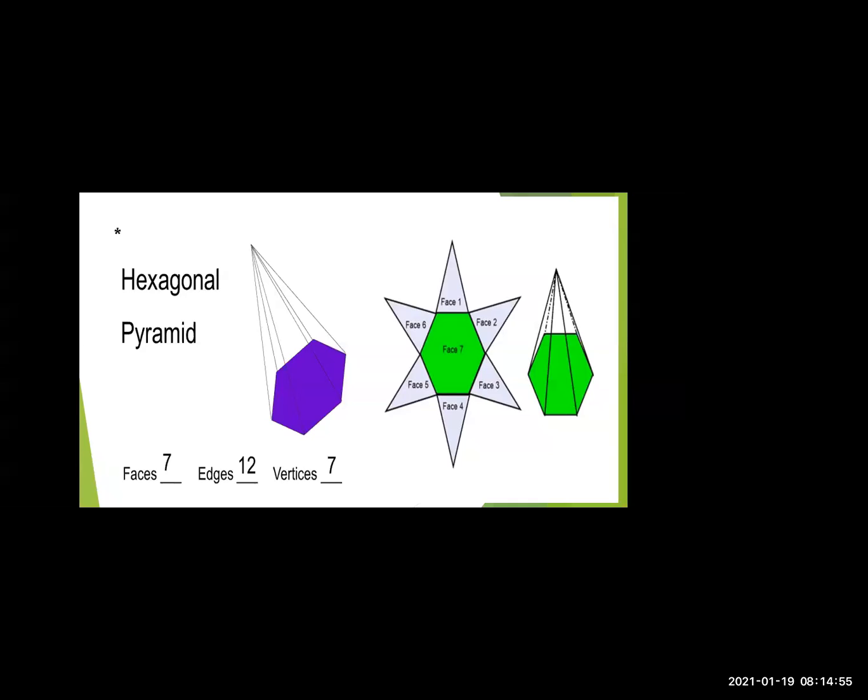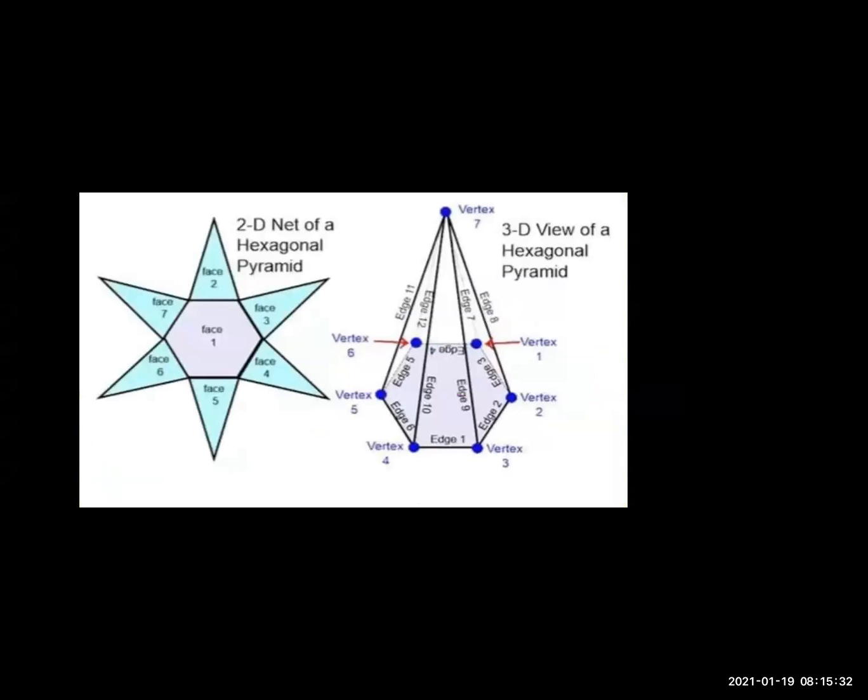So here it comes to seven faces because the base has six sides. The triangles covered are six and the base is one, so it becomes seven faces. And already I told you that in a pyramid, the number of faces and vertices are always the same, because the six triangles covered all come together and so it forms seven vertices. And edges are 12 because it has six sides. 6 plus 6 is 12.